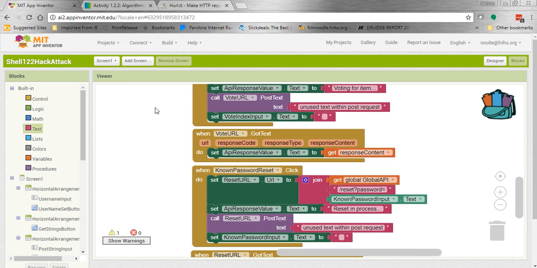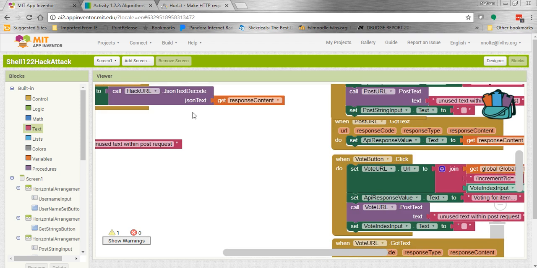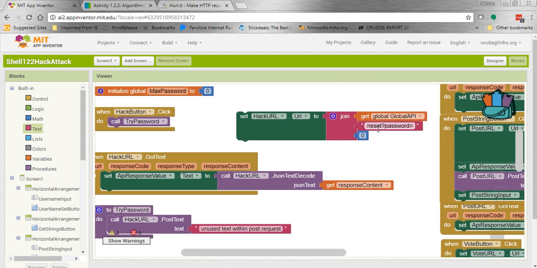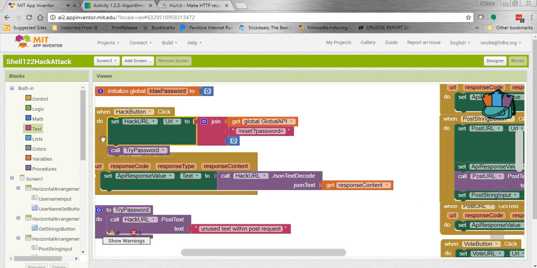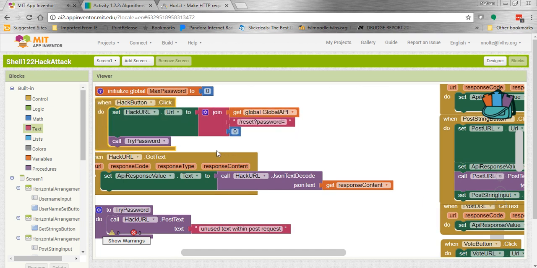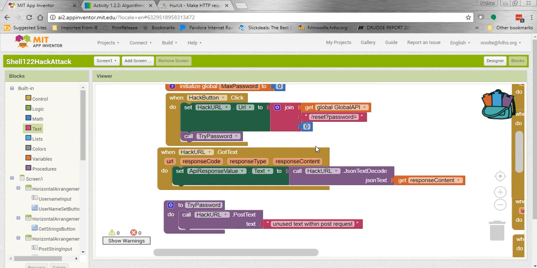So here's the reset block, set reset URL password to those values, but it's just modified a little bit. It's still using the global API, it's using the correct text here, and then it's putting in a value for a password. Right now it's just 0. So if I place this above the call try password in the hack button, and now I try it again,